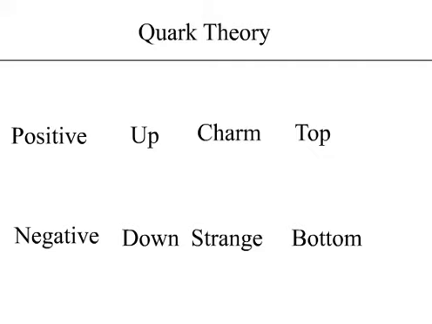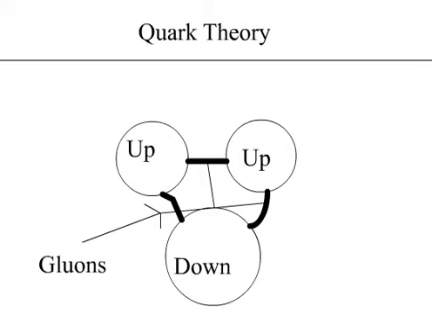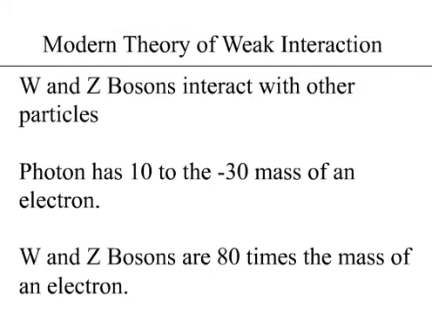Originally, the top and bottom quarks were going to be named truth and beauty. However, this idea has been changed. An example of matter made up of quarks is a proton. A proton is composed of two up quarks, one down quark, and gluons that mediate the forces binding them together. The modern theory of weak interactions suggests that